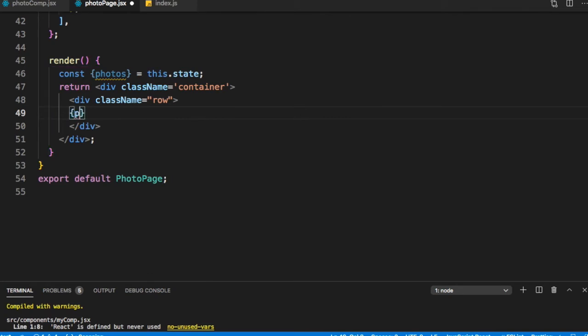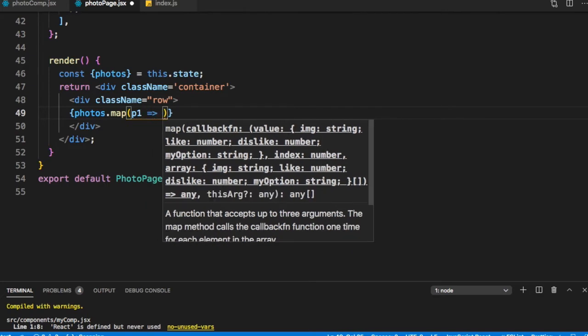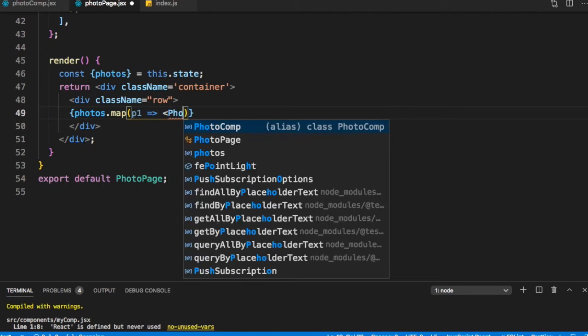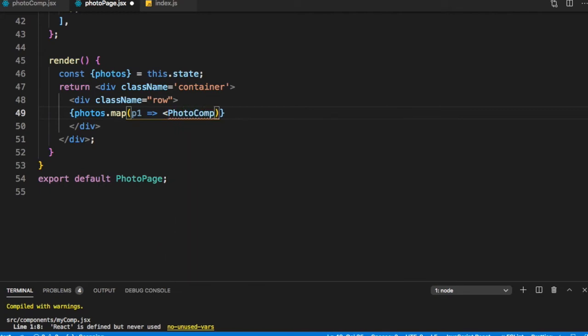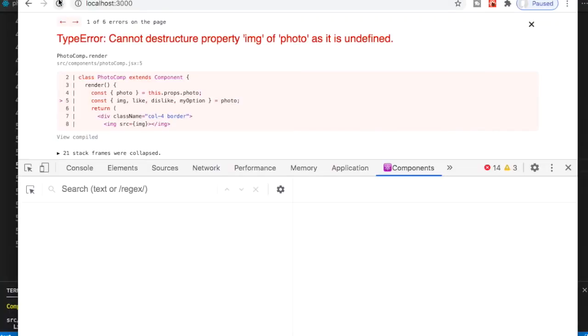I will just say photos.map, say a photo p1 goes to, what will it show? It will just show the component photo comp, and it will pass photo is equal to p1. Now this should work perfectly fine for us. Let's go ahead and test it.